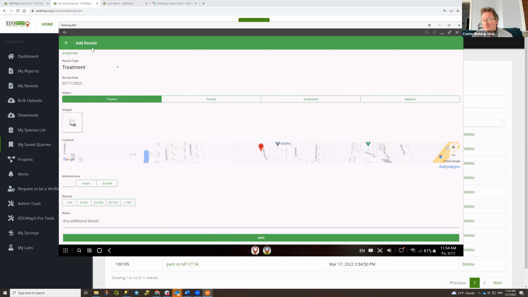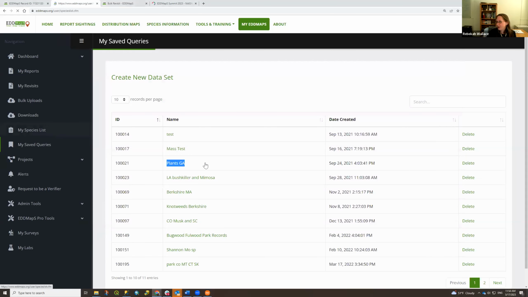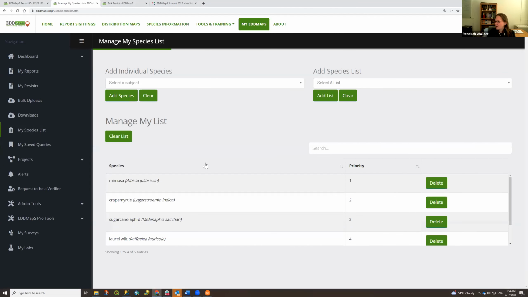So, yeah, we have got a question, essentially treating a large area for multiple species. So 5 species in a 100-acre pasture, how can we avoid making 5 reports? Can it all be in one drop down? So that's where, again, having your species list helps. If you've got just the Colorado list A and B in their example, you can add species to your species list. Those are the only species you can report in addition to whatever projects you're part of. And so you don't have to hunt and search for all the different species that you're reporting.